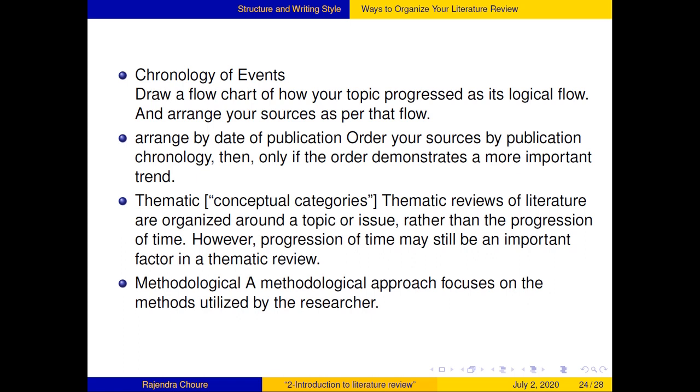Then, for the methodological approach, you can write down all the methods which will be there in your work. Those methods you will get through the previous literature. Jot down those methods, and then you can write down how many articles are there for each method, and that will also be a good one, and that review will become a methodological review.